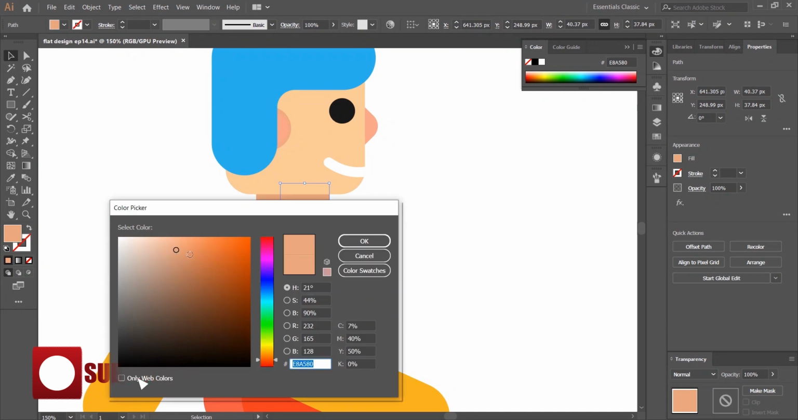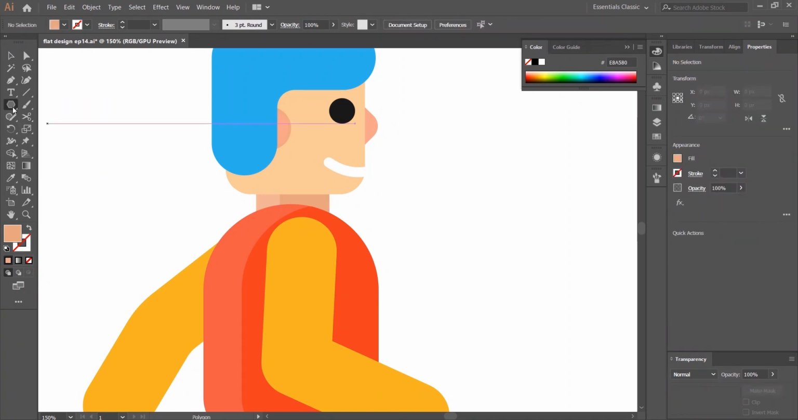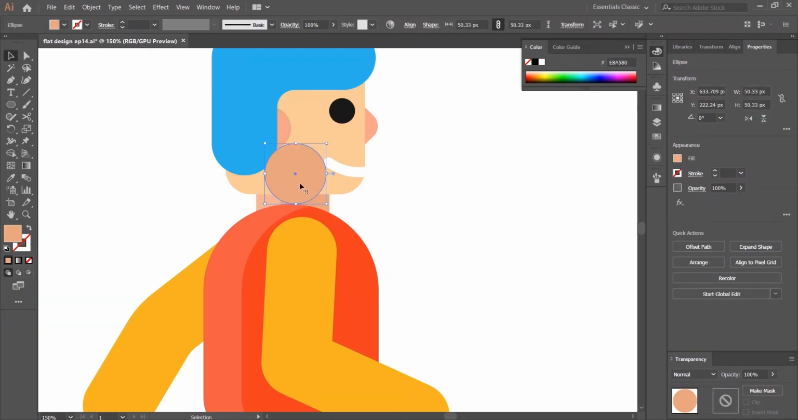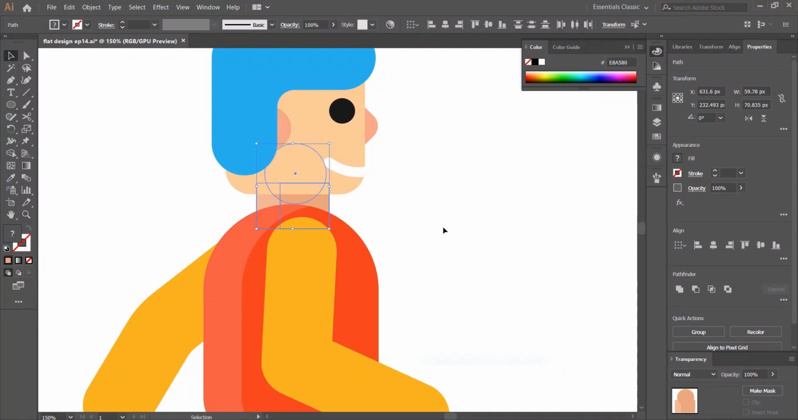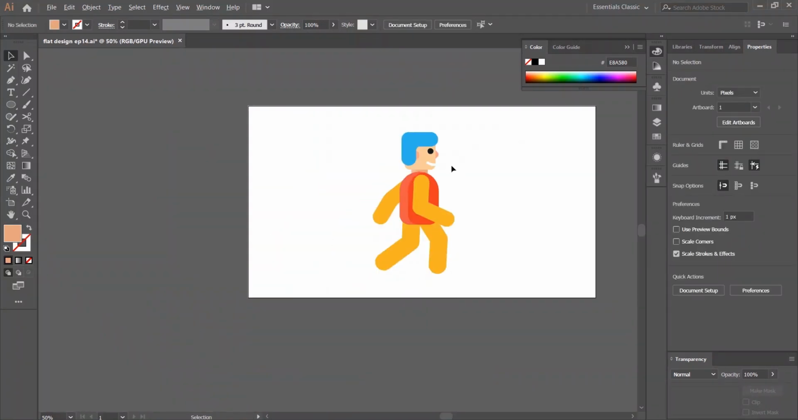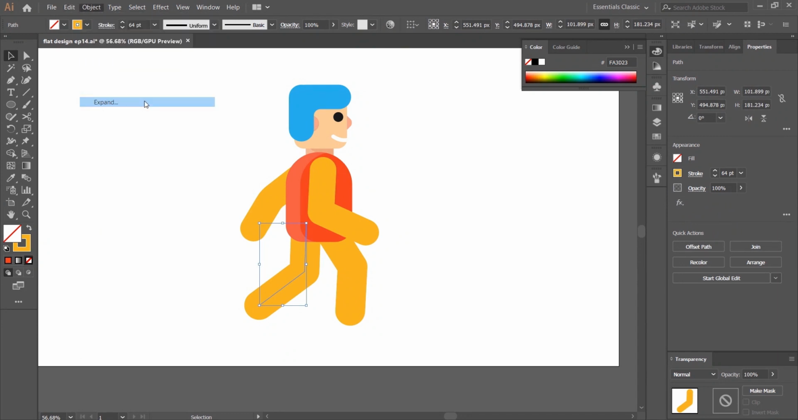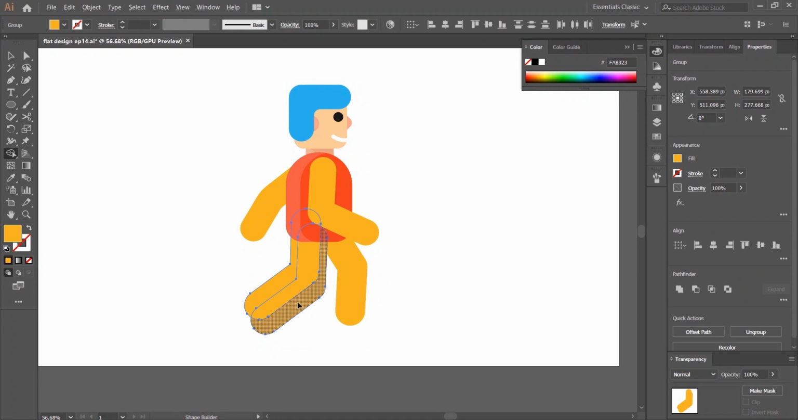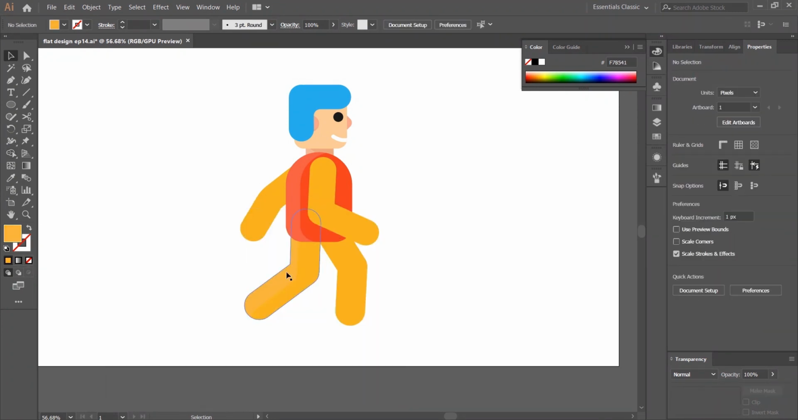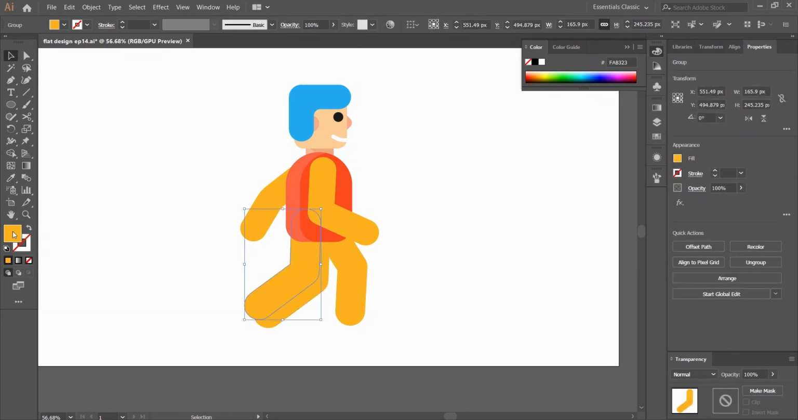Click right, send to back. Okay, cool. Then